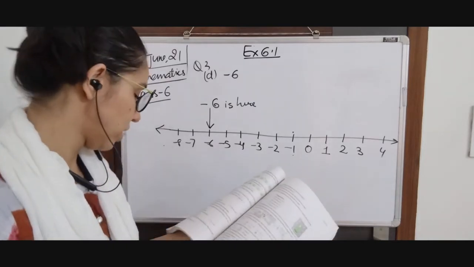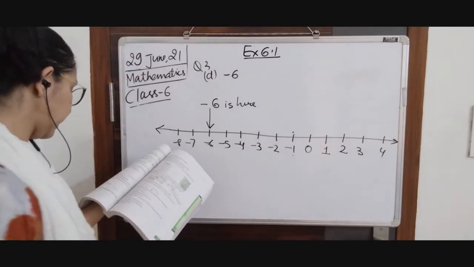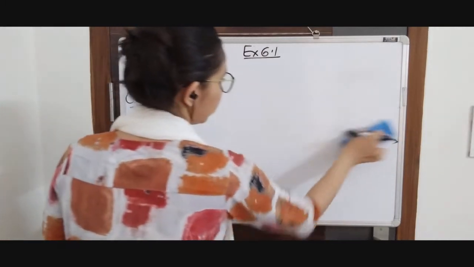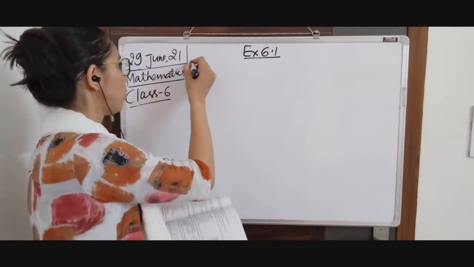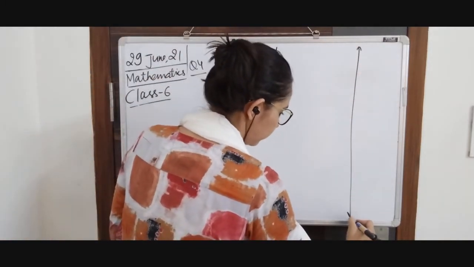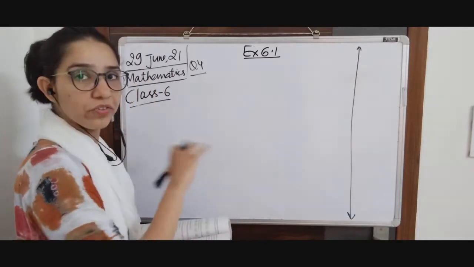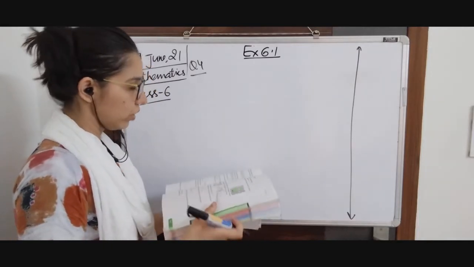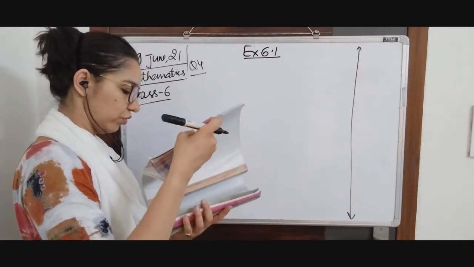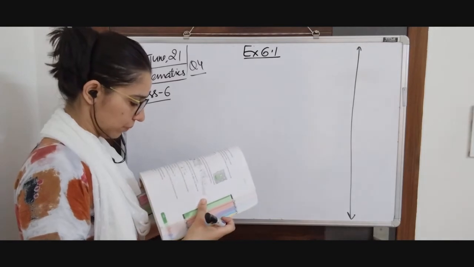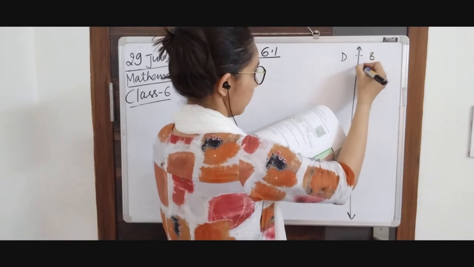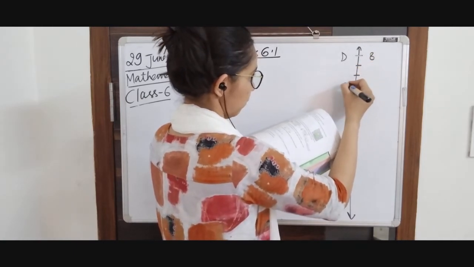In question number 4, the adjacent figure is a vertical number line. So we are provided with a vertical number line. It is like this. I am going to draw it on the board. This is a vertical number line. All the lines we were drawing were horizontal, and we usually use a horizontal number line, but we can use a vertical number line also. So it has point D, and it is 8, 7, 6, 5,